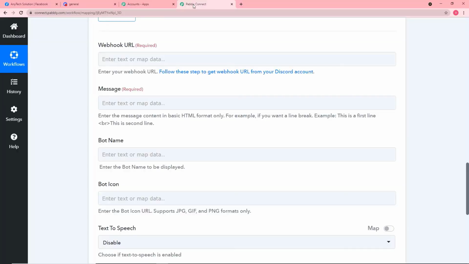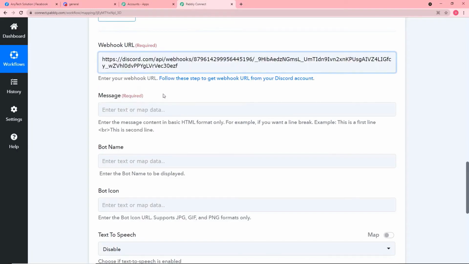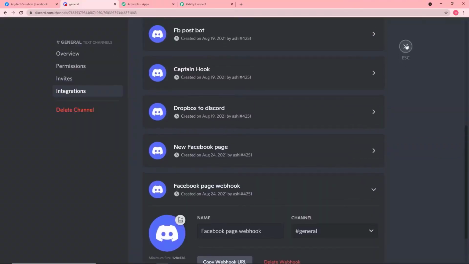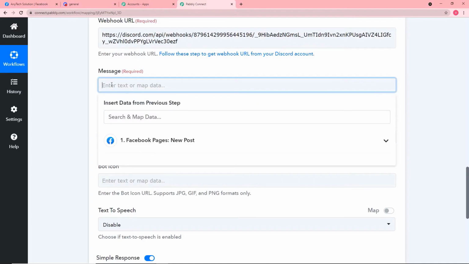So come back to our Pabbly Connect, and here in your webhook URL field, just paste this. Alright, so we are done pasting our webhook URL, and now come to this message field. Alright, now here you have to compile the message that you want to send here in your Discord channel. Alright, so you can compile the message as